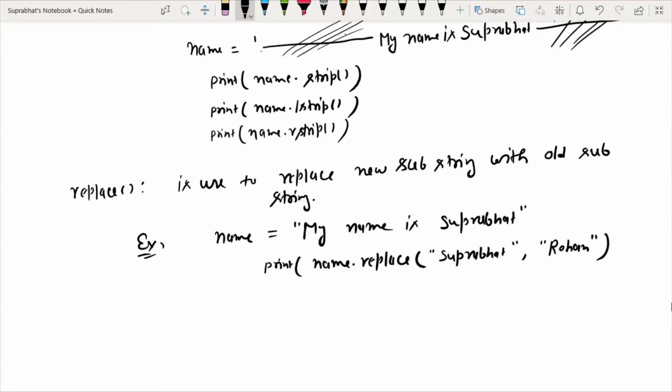It will replace Suprabhat with Rohan, so the output generated is my name is Rohan.